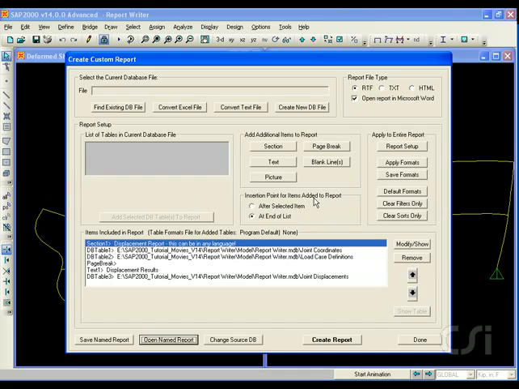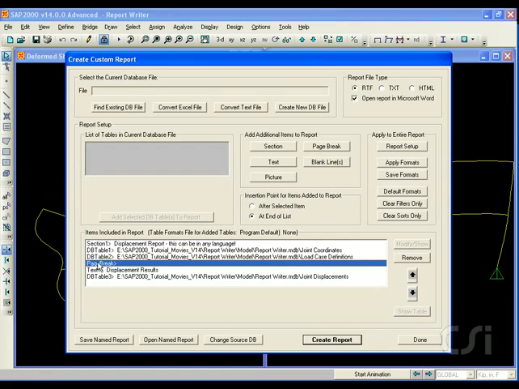For this example, we will add a picture right after the page break. To do this, highlight the page break in the list and click on the After Selected Item option. Then click on the Picture button